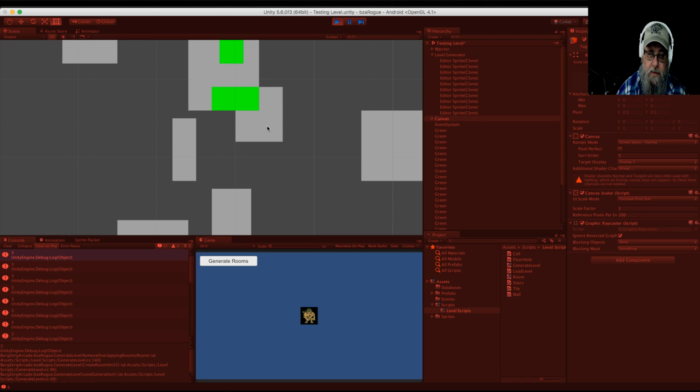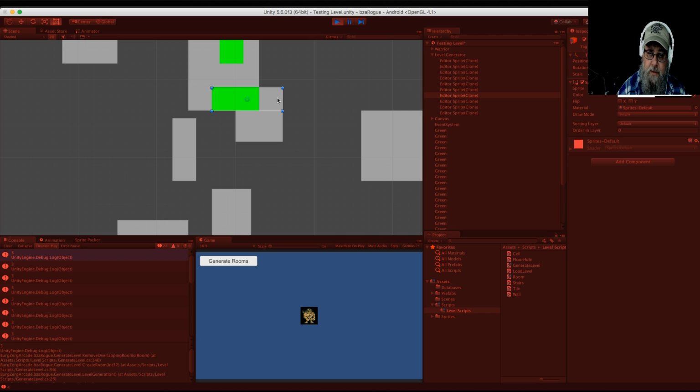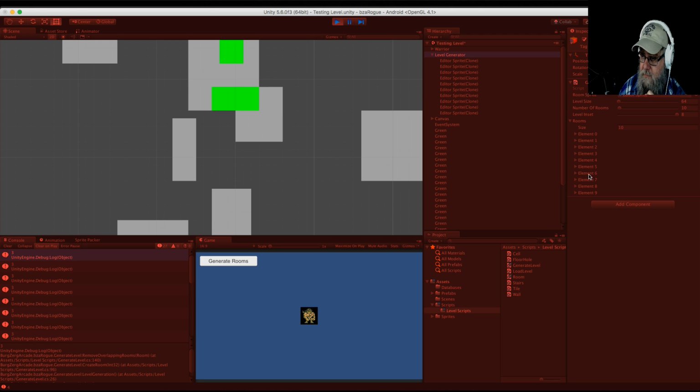What's it overlapping with? This one it's overlapping with. Wow, does this one fit perfectly right beside it? It did. That's something I actually haven't taken into account in my algorithm, is what happens when 2 rooms land beside each other. Okay, so this room is 0, 1, 2, 3, 4, 5, 6. So if we go up here,